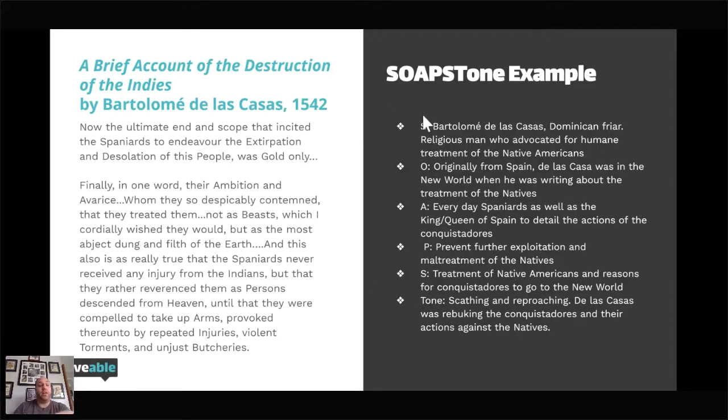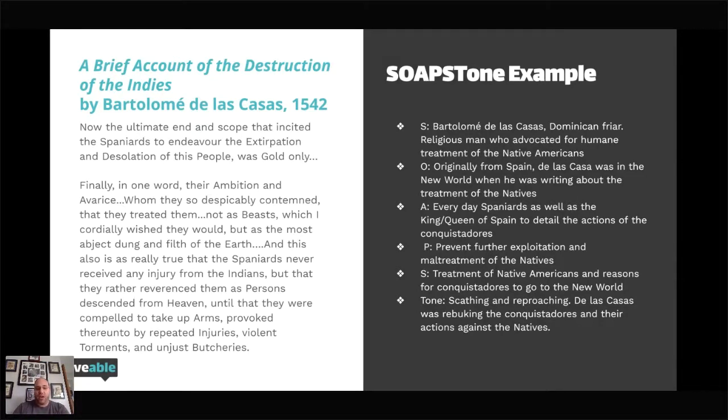So point of view here, then. You could say that de las Casas' point of view is that the actions taken by the conquistadores were negative and did not help the Native Americans, nor did they help the Spanish in the eyes of the rest of the world as being seen as the leaders of the world at the time, right? Because at this time, they were. Spain was the richest country in the world. And so if they're the leaders, they're being held to a certain degree that the rest are not, right?